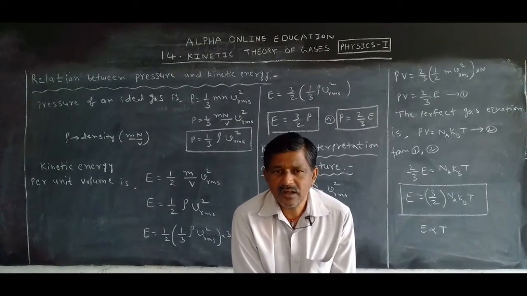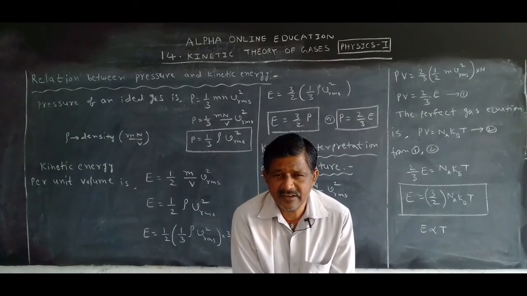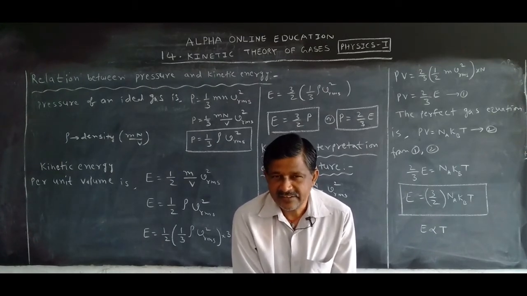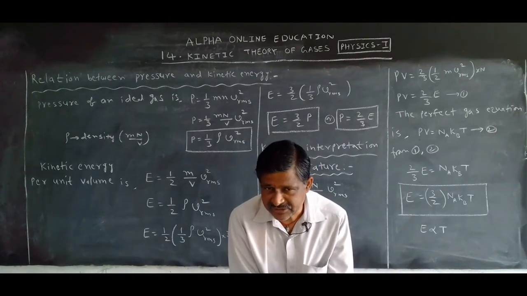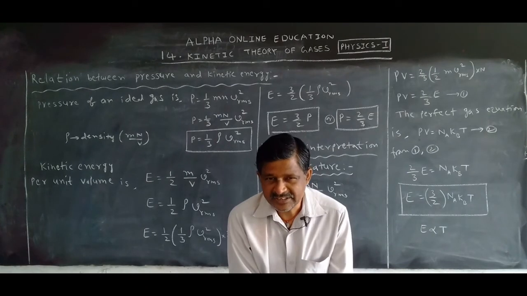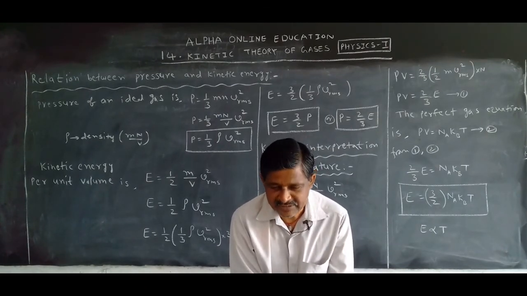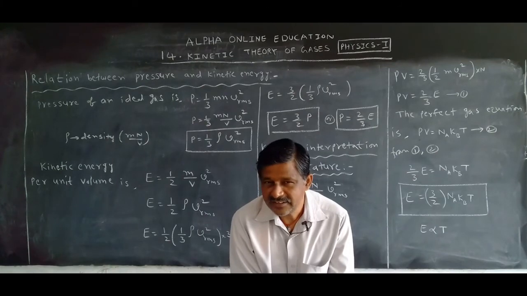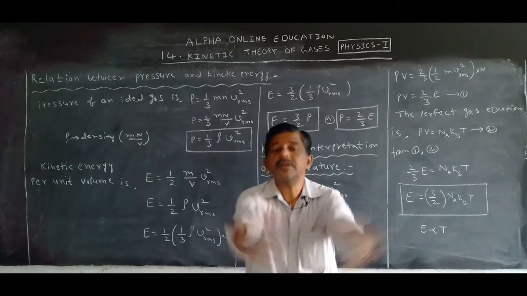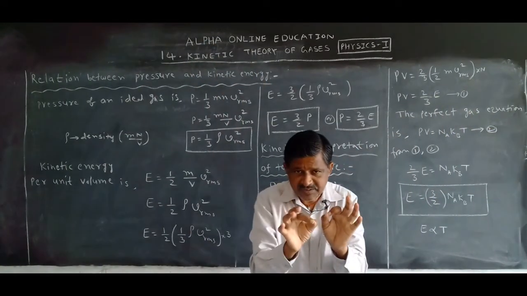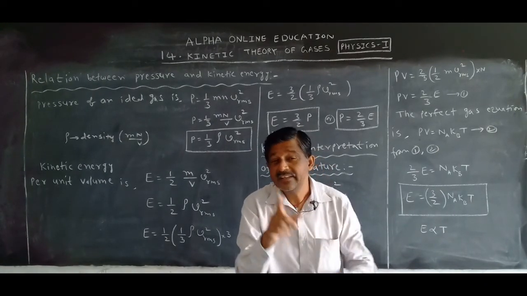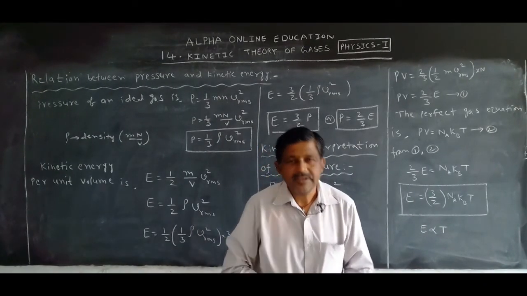So the value of zero absolute temperature is 0 Kelvin or minus 273.15 degrees centigrade. How can we define that? We can define it as the temperature at which the kinetic energy of the gas molecules is 0; that temperature is called absolute temperature. What is the meaning of that? At that temperature, the gas is present, the molecules are also present, but they do not move. When they do not move, when the temperature is 0 Kelvin, that is called absolute temperature.